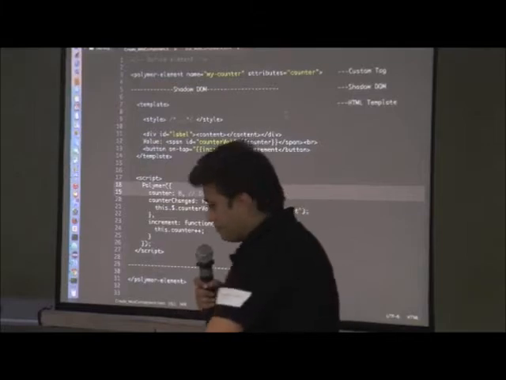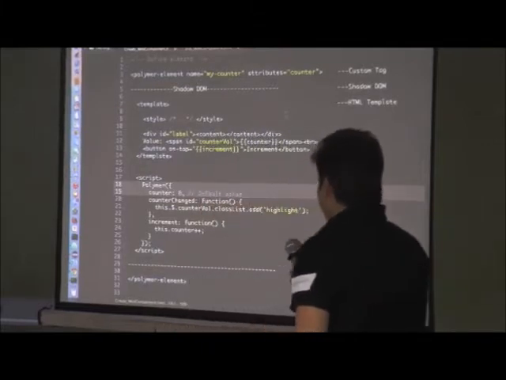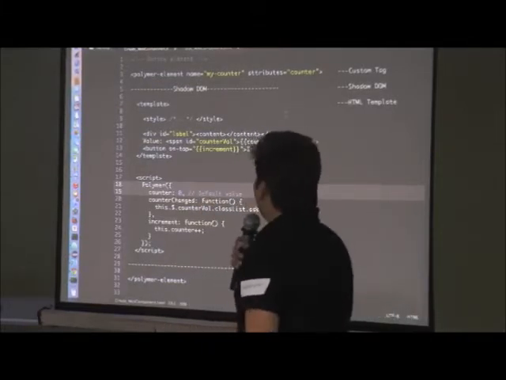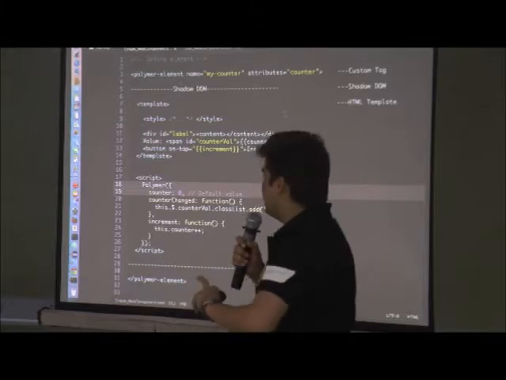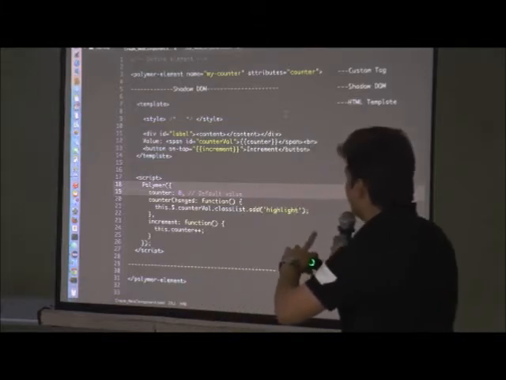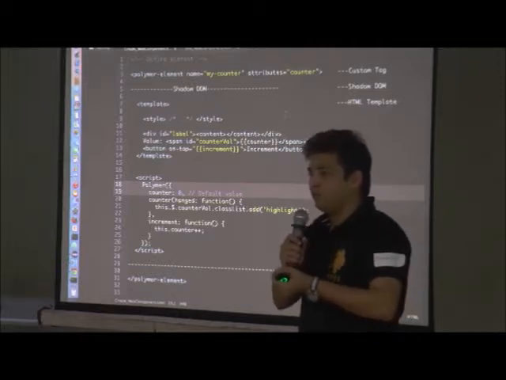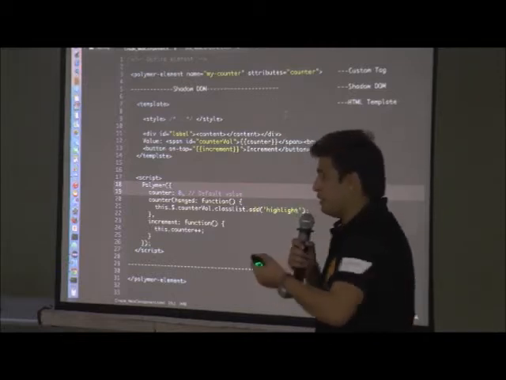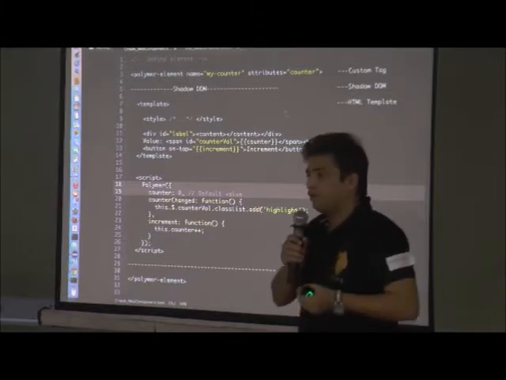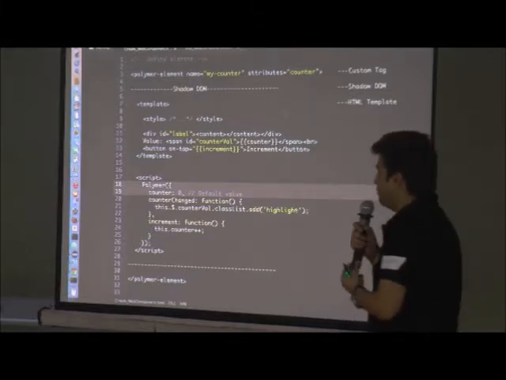Okay, so as I said, the custom tag, using Polymer element, the name becomes a custom tag and you provide the attributes there. I'm talking in the same context, so you provide an attribute which is like a counter over here. You provide the value of a counter that goes into the template part of it.